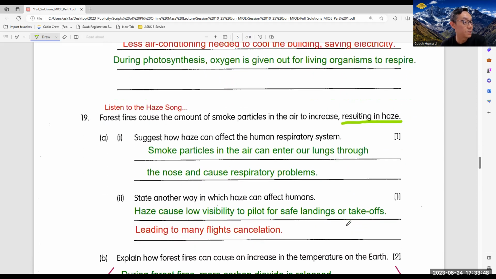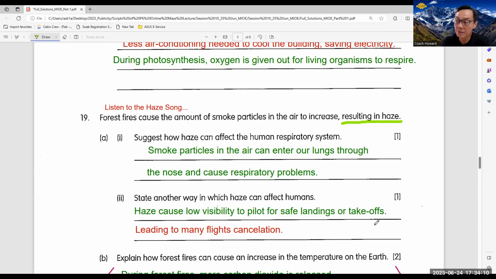And state another way in which haze can affect humans. Okay, because of haze, it can cause low visibility to pilots, endangering the landing and taking off of aeroplanes. So this actually leads to many flights being cancelled. So in fact, during the 2015 haze